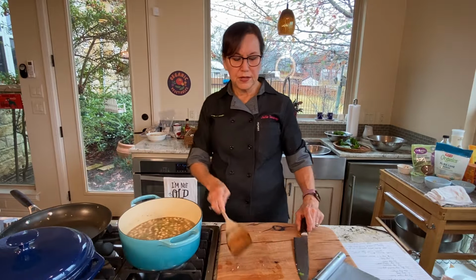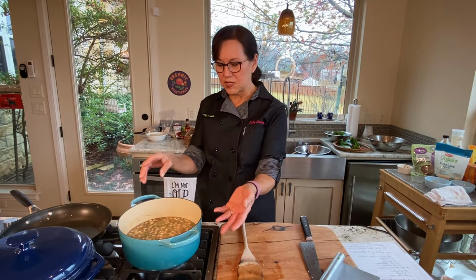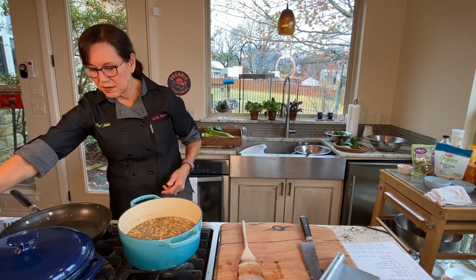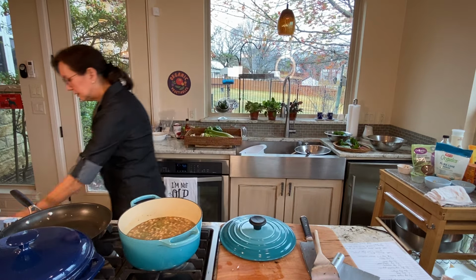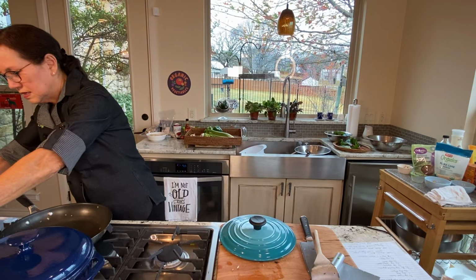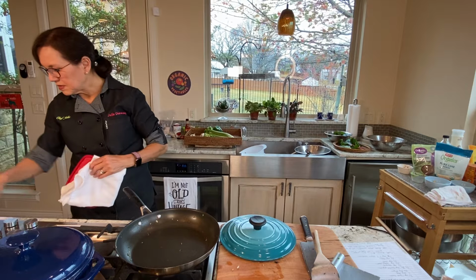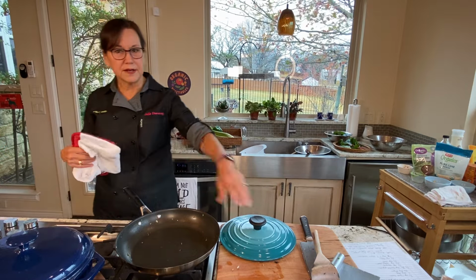Bring it to a boil, and it's already boiling. It's been cooking while I've been talking, and now all we have to do is simmer it. So I'm going to put it on a burner on the back here because I need the space over here, and then we'll get back to it a little bit later. I'm just going to move it out of my way because I'm going to need my skillet again, believe it or not. I'm going to get this on low, put the lid on it,